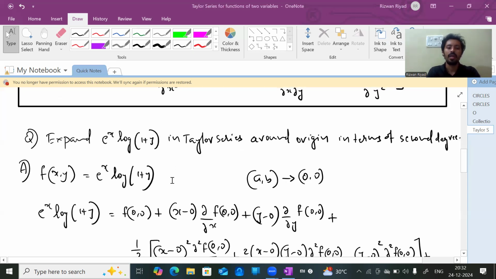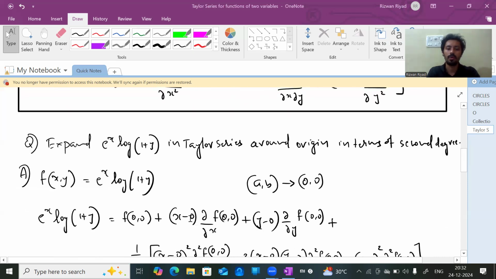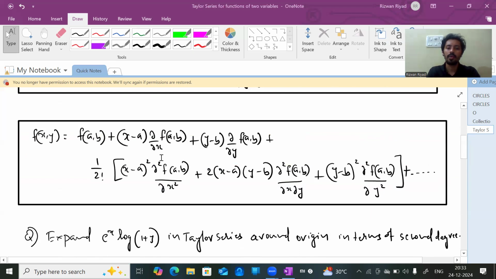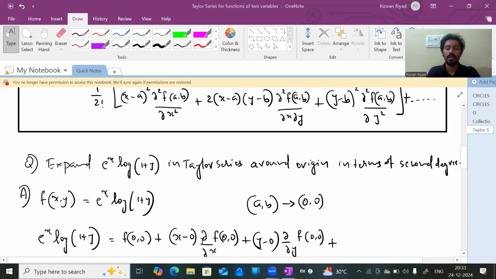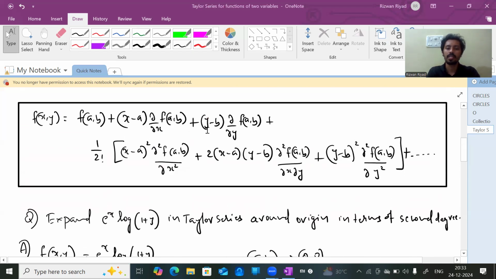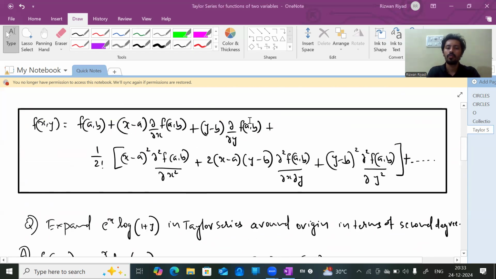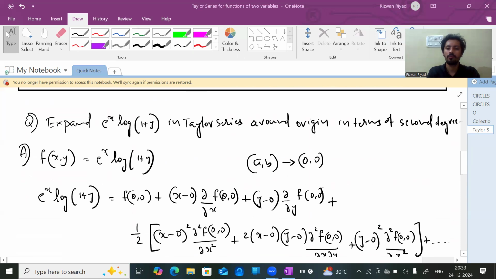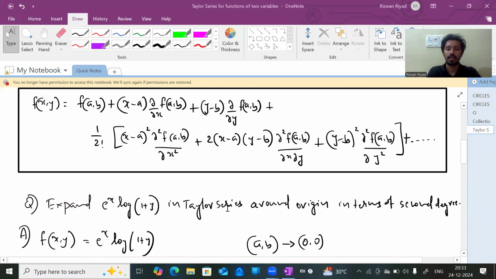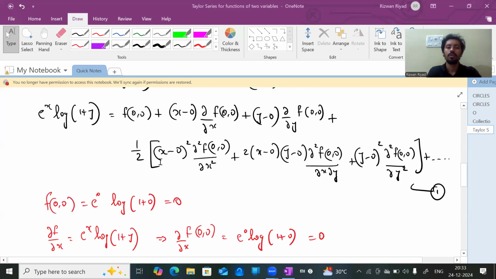Okay, like that I am doing all the substitution. This x minus a becomes x minus 0, and ∂/∂x of f(a,b) becomes ∂/∂x of f(0,0), plus y minus b becomes y minus 0 because b is also 0 here. Then ∂/∂y of f(a,b) becomes ∂/∂y of f(0,0). Plus 1 by 2 factorial, which becomes 1 by 2 because 2 factorial is 2, into